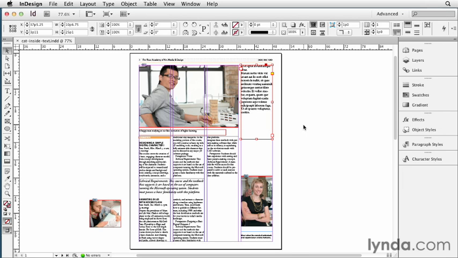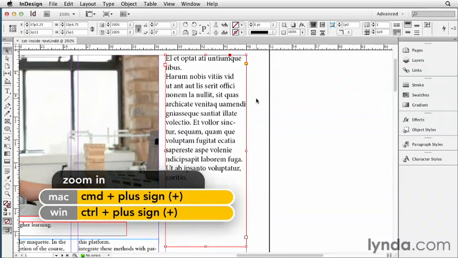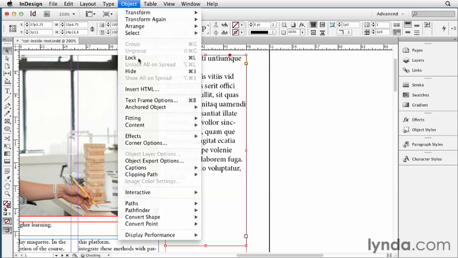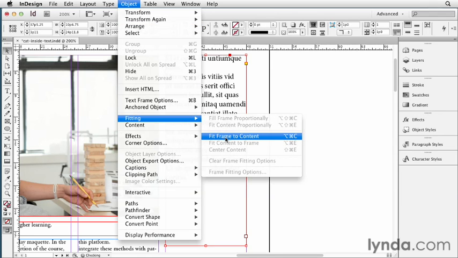Well, the ability to fit the frame to the text content has been around for a number of versions of InDesign, but until CS6, the only way that it worked was on these plain Jane frames like this one. Rectangular frames with just text, nothing overlapping, nothing crazy going on inside. And so if you had one like this, instead of having to go to all the trouble of dragging this guy up, you could go to the object menu or right-click, go to fitting and choose fit frame to content,